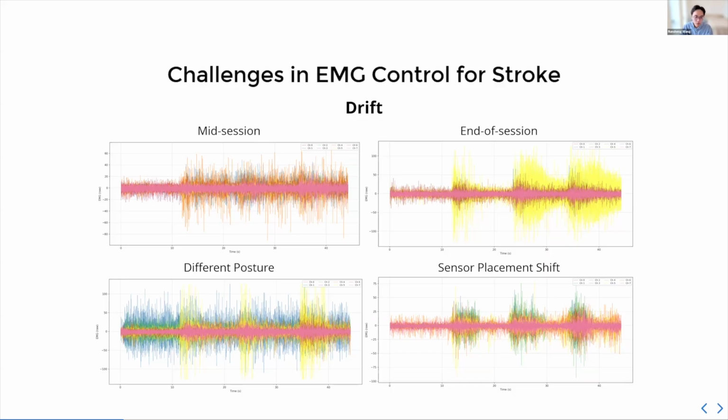The best way for me to show you this is to show you some sensor plots. This is the same sequence as before, where the person is going from relax to open and then back to relax a few times. And as you can see, even visually, if you compare the signals collected mid-session to the end of the session to a different posture, they're quite different. So classical methods such as thresholding or some frequency analysis will not work here. We're really trying to lean towards the more learning aspect of things.